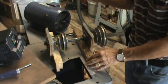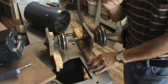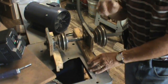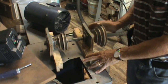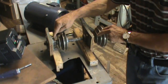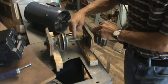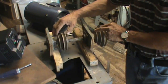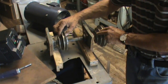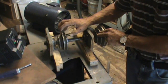For those of you who don't want to go this route of converting the motor and putting a VFD, but if you are stuck with a lathe that only goes down to 600 RPMs or so, this might be an option. You can make a countershaft, or you can buy a countershaft pre-made. In this particular case, I have just a couple of bearings with a shaft, and I got two pulleys over here. This one would be the same size